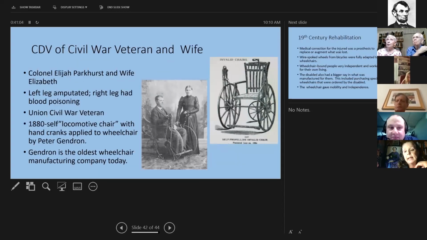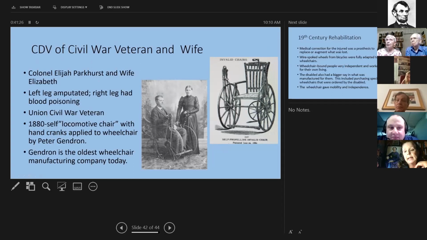Now, here is Colonel Elijah Parkhurst and his wife Elizabeth. The general's left leg had been amputated, and the right leg had blood poisoning.